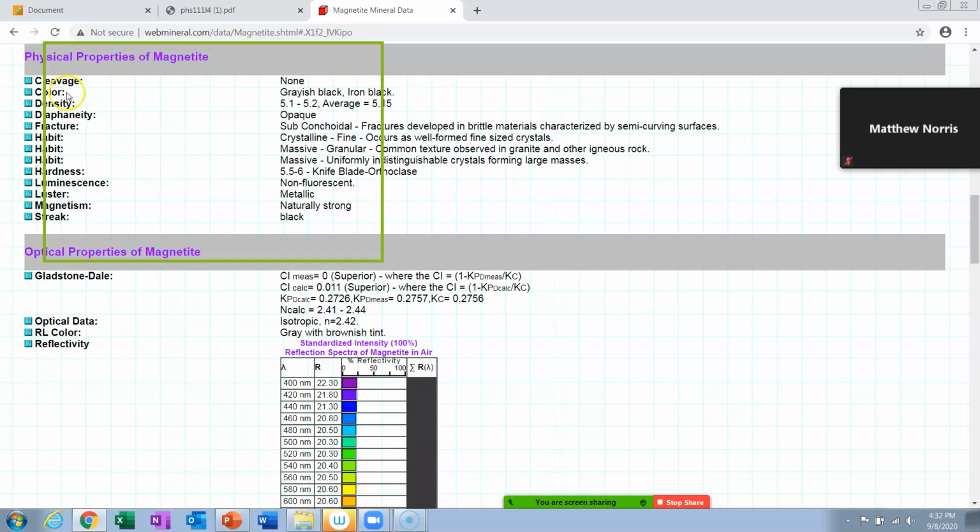So here's color. That's the first block. Luster, I think, is number 2, and streak is number 3. That's on the first page. Then on the next page, I believe the first one is hardness, and the next one is cleavage slash fracture. Cleavage is this one on top, and for magnetite now, that's none. Slash fracture is subconchoidal. You don't have to do the rest of that line there. That's just a lot of extra words. So that's how you do it. And the third one says other. Other is always density. And this one right here is density.